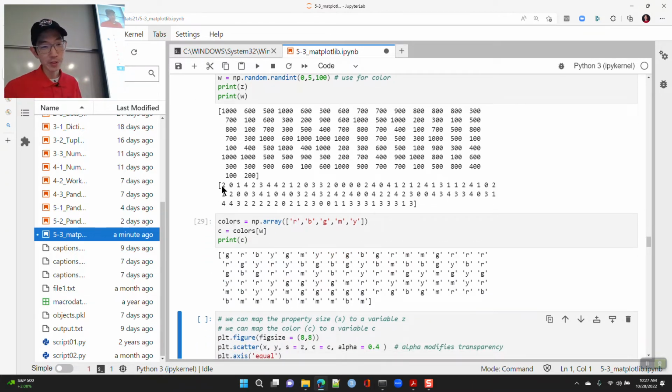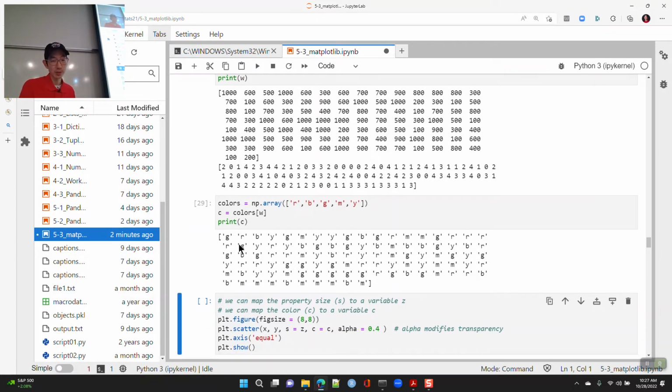The first dot is index 2, which is going to be green. The next dot is index 0, which is going to be red. The next dot is index 1, which is going to be blue, and so on. And so now I have a vector of letters that I can associate with the color.